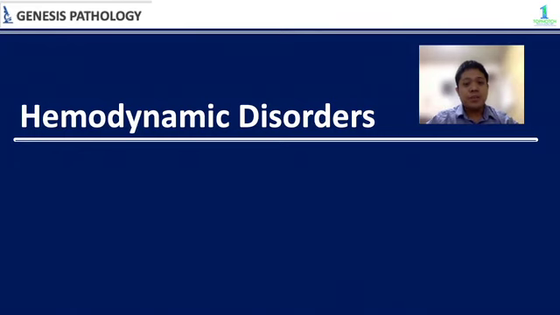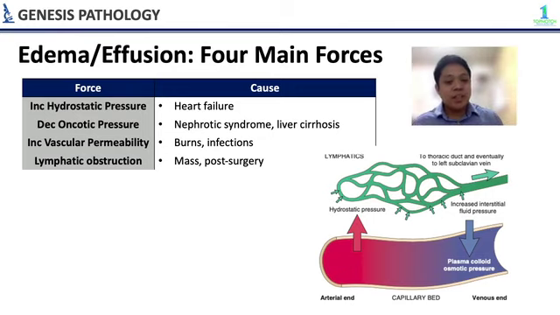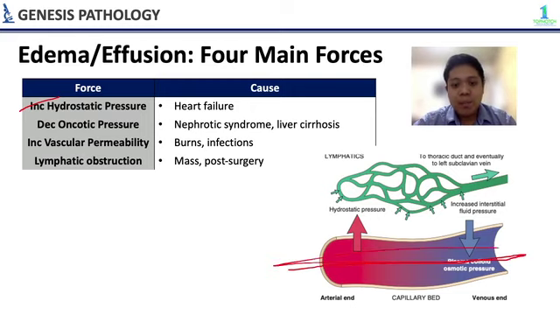Our third chapter is hemodynamic disorder. Our first topic here is edema and effusion. So you have four main forces that will determine if magkakaroon ng edema or effusion. So first, you have increased hydrostatic pressure. So for example, in the case of heart failure, for example, this is a pulmonary capillary. Kapag hindi na gumagana yung left ventricle, magbaback up lahat ng blood doon sa lungs, di ba? Na sobrang taas ng pressure dito, lalabas siya, mag-extravasate siya. Tapos ano yung space dito? Di ba yung mga alveoli? So, magkakaroon ng pulmonary edema or pulmonary effusion.